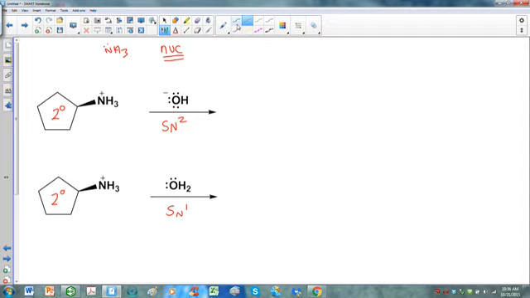So let's draw out the products, okay? For an SN2 reaction, how many products would we expect to get? Well, of course, we'd expect to get 1. And if you remember, there's a particular stereochemical outcome of an SN2 reaction, which is inversion of stereochemistry. In other words, the nucleophile comes in from the opposite side of where the leaving group was, meaning